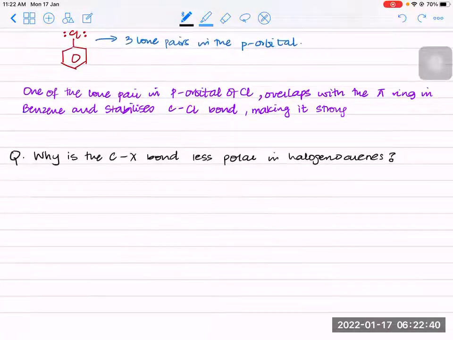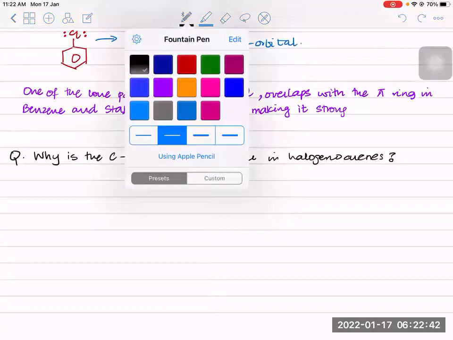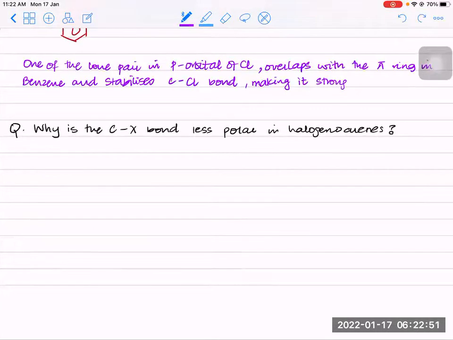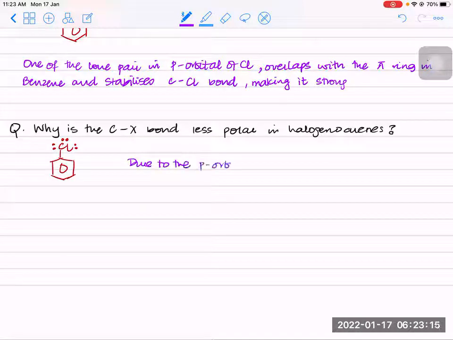Now, why is the CX bond less polar in halogenoarenes? This was the first feature, that it's really strong, because of the p orbital overlapping with the pi ring. The second thing is, why is this bond less polar? Again, we know that the lone pair overlaps with the pi ring, making it stable, making it stronger. So due to the p orbital overlap with the pi ring,